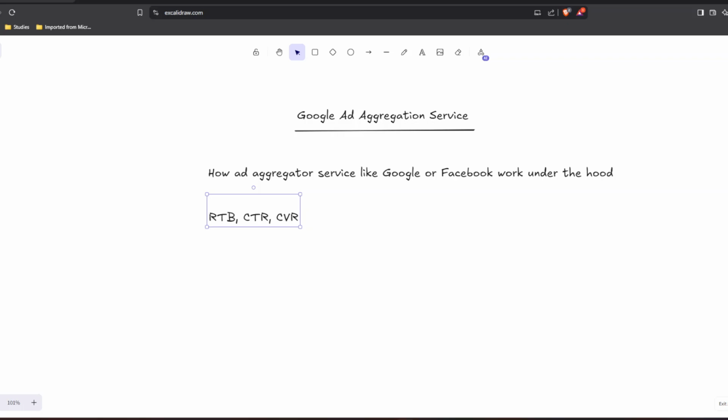So today we are going to discuss a very interesting and very technology heavy service known as the Google Ad Engineering Service. This discussion is primarily based upon how ad aggregator services like Google and Facebook work under the hood, and how they generate the billing, the purchases, and the separate kind of report for their end users. But before we go into that aggregation service,